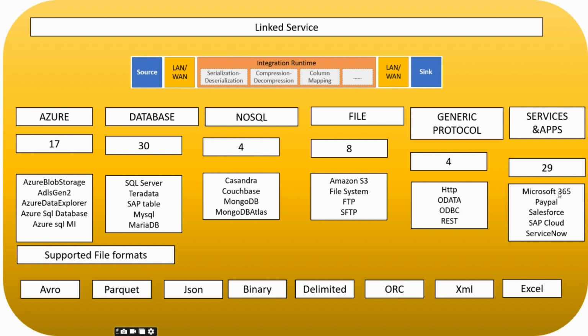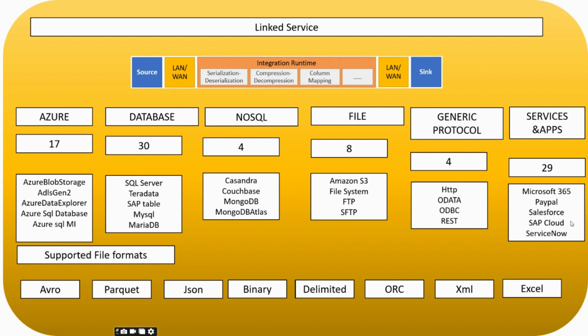You cannot push the data into that connection store. That's the major difference here. Such as, if you take Amazon S3, you can pull the data from Amazon S3, but if you want to push the data back to Amazon S3, there are a few restrictions. Okay, so that's a thing